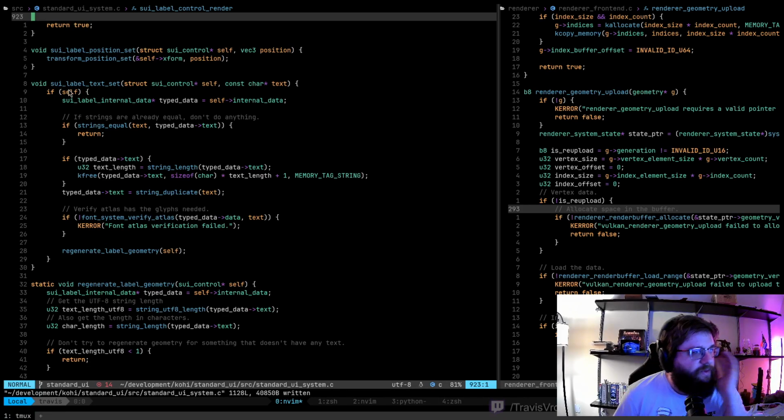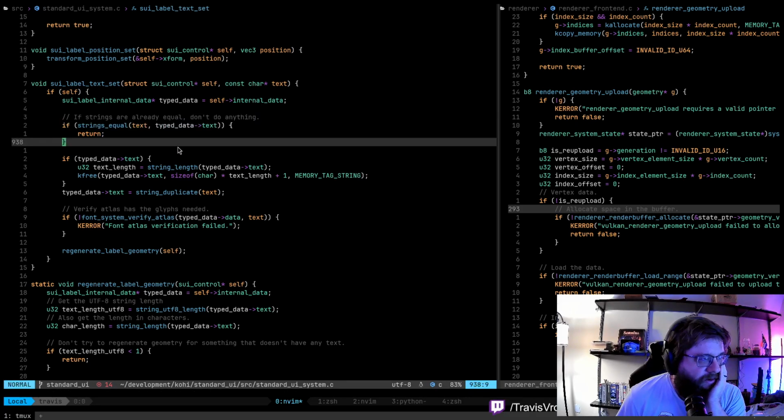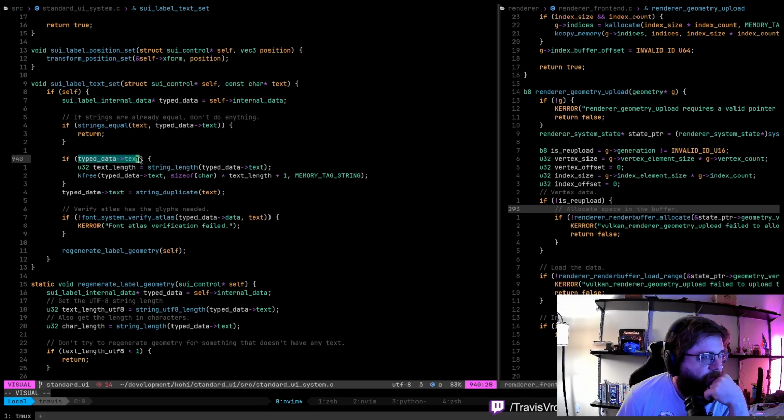Okay, so when we set the text, if the strings are equal, then we don't do anything. If we have text, we get the string length, we free the string, and then we just do a string duplicate, which I guess makes sense.